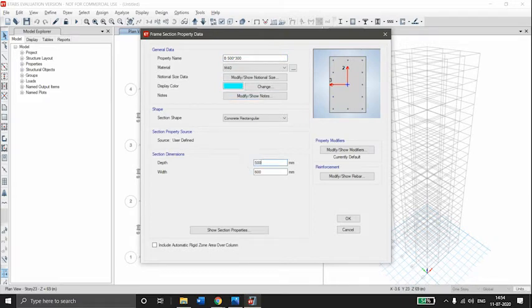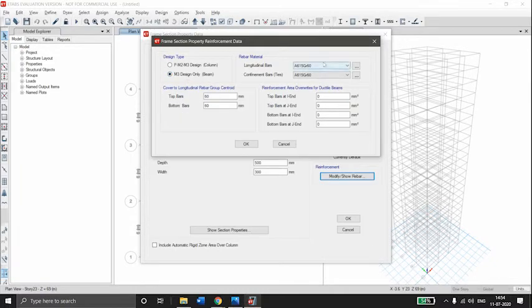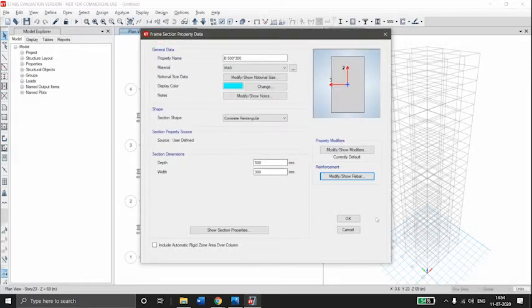Depth will be 500. Width will be 300. Reinforcement. As this is a beam, so M3 design only. Longitudinal bars HYSD 500, confinement bars MI 250. Cover will be 30 and 30. Okay.